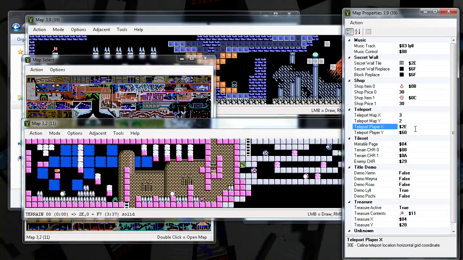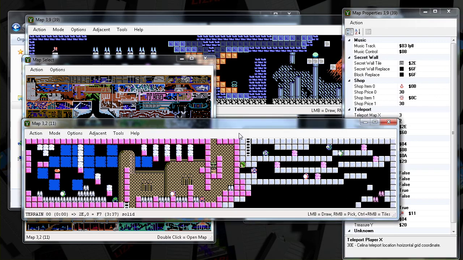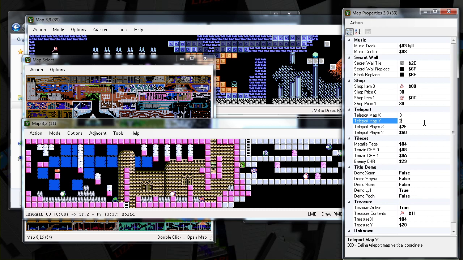But it also has an XY location. So the X is a grid coordinate. You can actually see the grid coordinate down here. So 2E and 6. The Y coordinate is always a pixel coordinate. So usually these are in hexadecimal because it makes it easier, because every tile is 16 pixels. So this will always be 0 for the Y coordinate. But I guess you could make him teleport kind of halfway in a tile if you wanted.